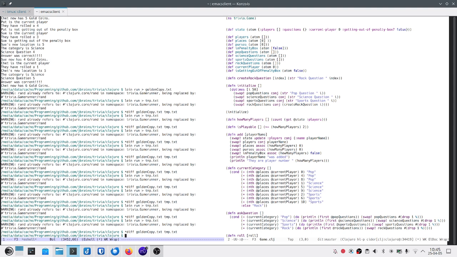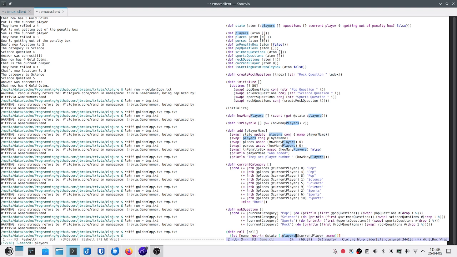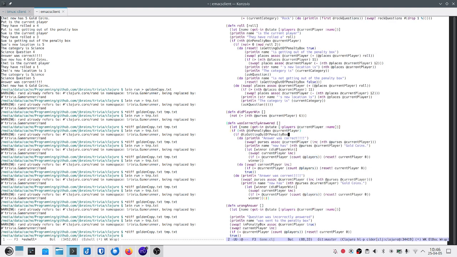It still works, yes. We were quite a way towards getting rid of the players atom here. Let's see where it's still being used. Not there, not there. Here we are.